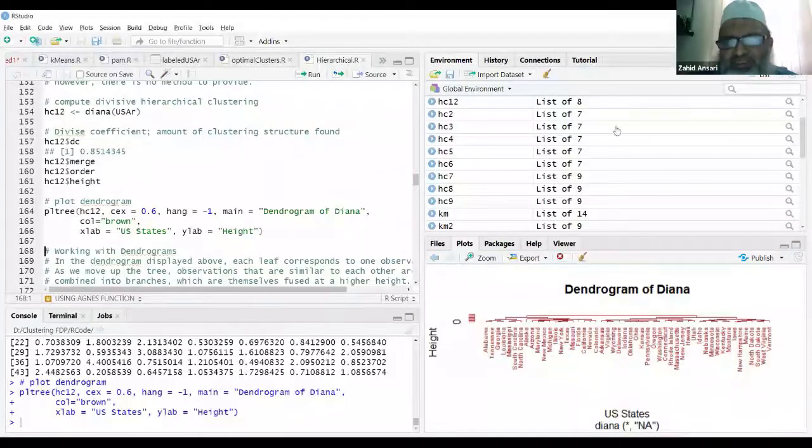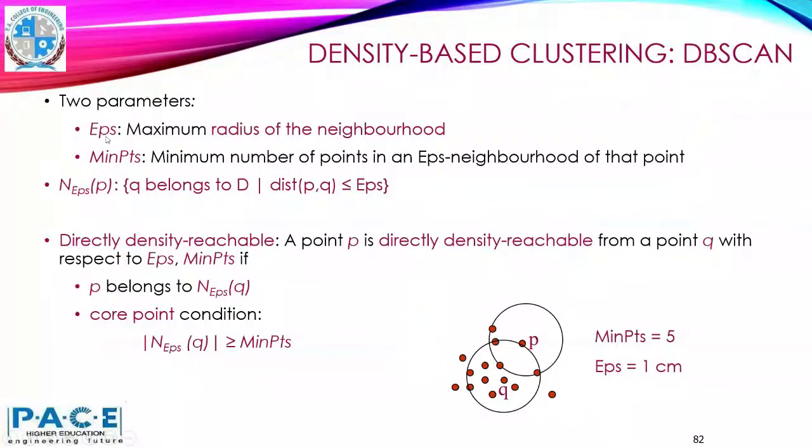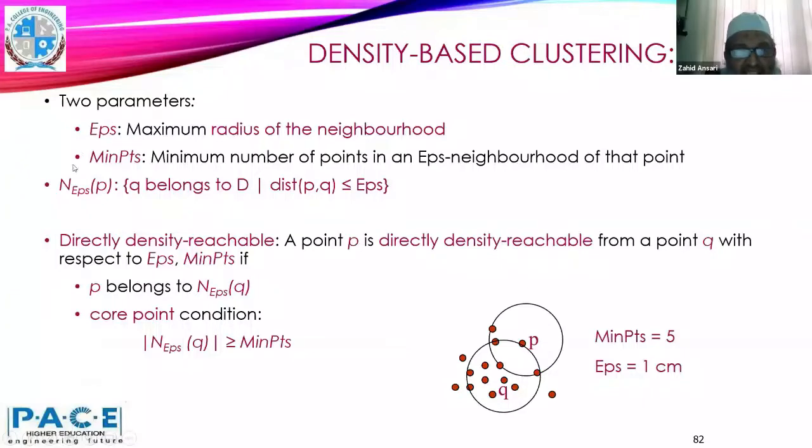Let me quickly tell you about the density based clustering. I'll tell quickly, and after that I'll give one demonstration for the density based clustering. In density based clustering, basically, when we form the clusters of the points, we are looking in a specified radius epsilon, are there a minimum certain number of points over there? If that is the case, then we call that a core point. So we identify the core points, we identify the border points.